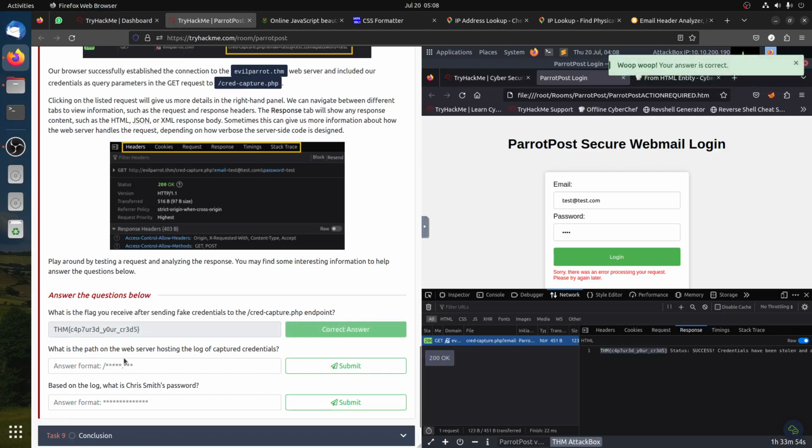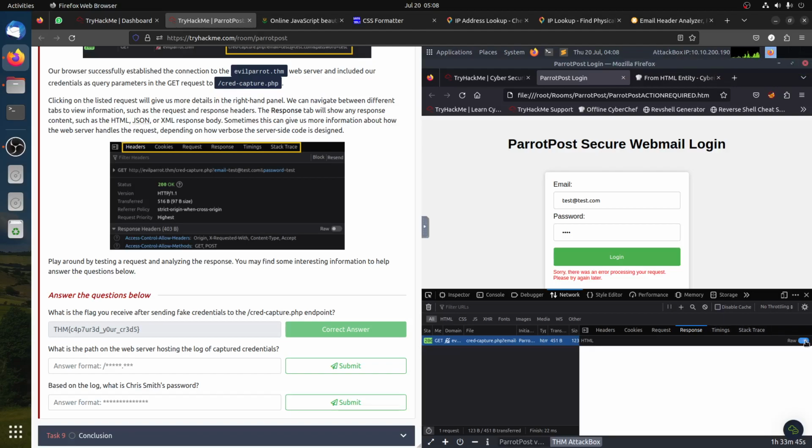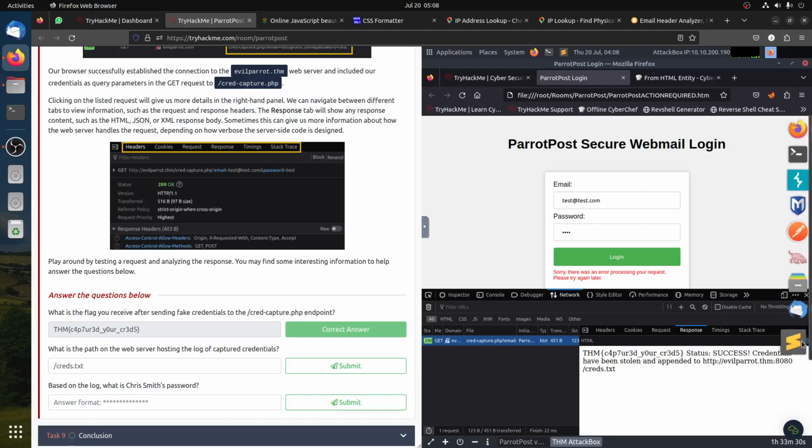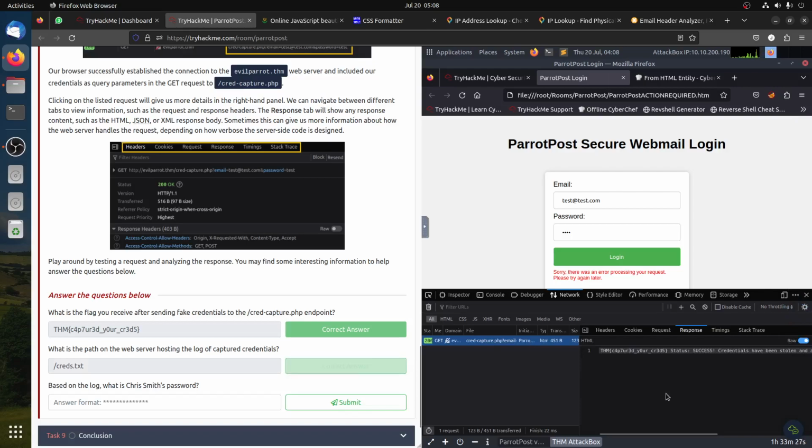and then what is the path on the web server hosting the log of the captured credentials? Let's now not be lazy. So it's been stolen and uploaded at http evil. So the path as we know it is creds.txt, so it's this one. So it's telling you already. So let's become lazy again, and let's see, where is it? This one, let's copy it. Let's be lazy. Laziness is good sometimes, so you don't need to type. So you can go here,